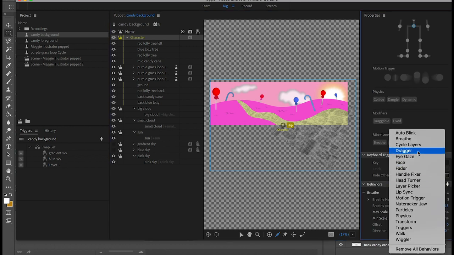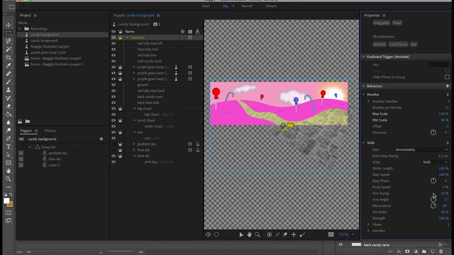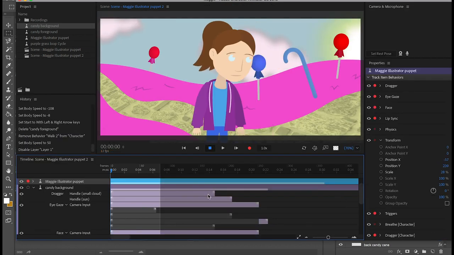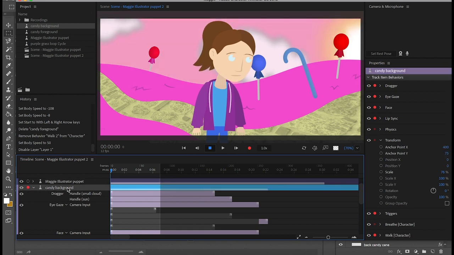And I will apply a walk cycle. Because it's going to go the opposite direction the character walks, I'm going to give it a body speed of -8. And I want that walk cycle to start with the left and right arrow keys. Okay, with the background armed for recording,